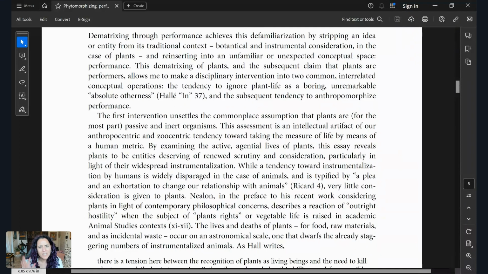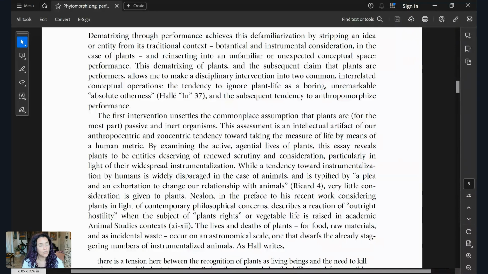defamiliarization by stripping an idea or entity from its traditional context, botanical and instrumental consideration in the case of plants, and reinserting it into an unfamiliar or unaccepted conceptual space, performance. This dematrixing of plants and the subsequent claim that plants are performers allows me to make a disciplinary intervention into